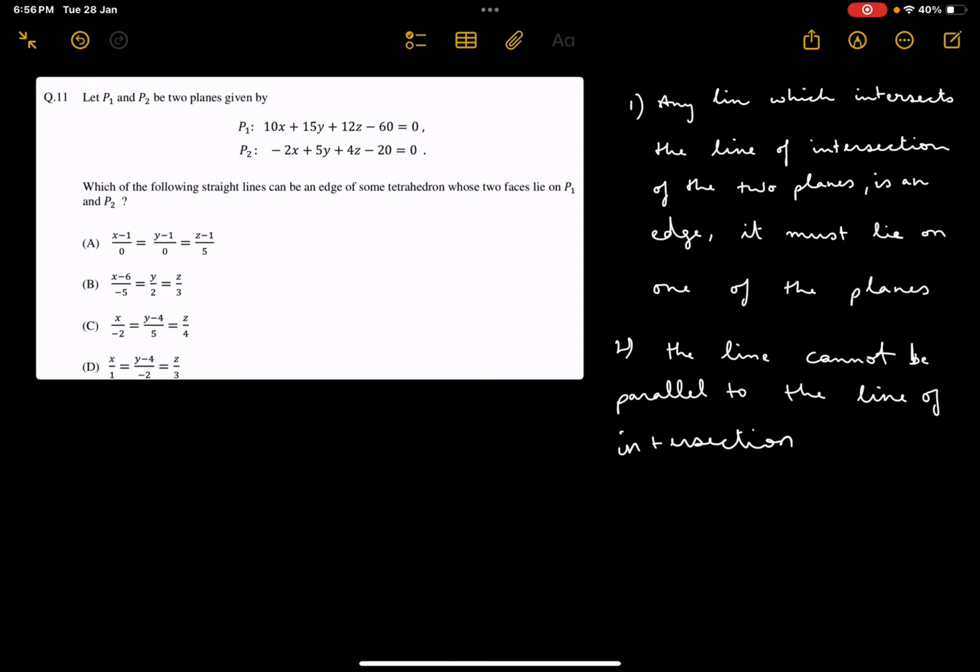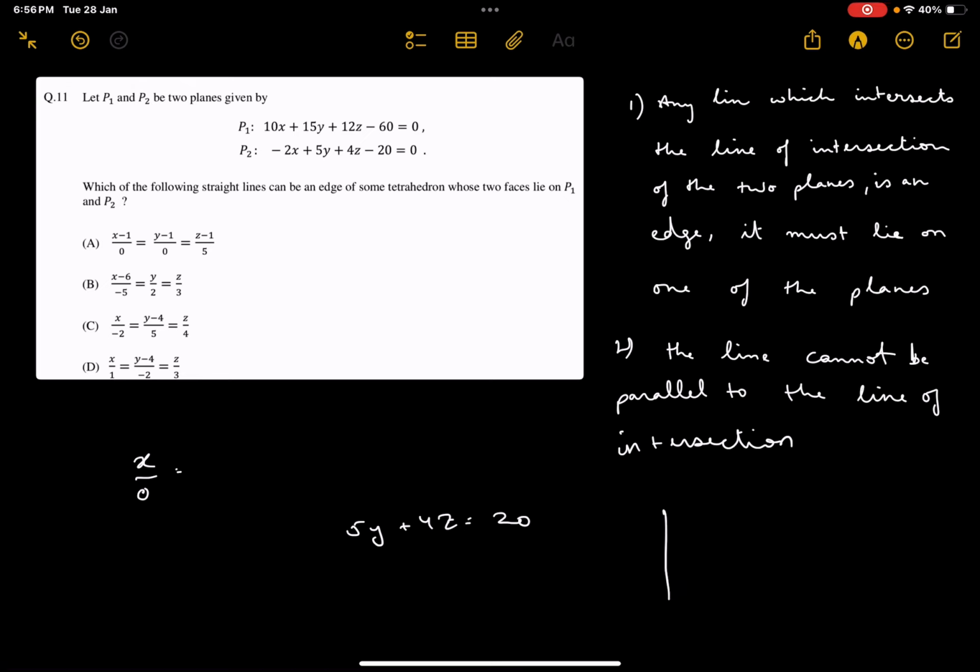first you can calculate the line of intersection of these two planes. It will be x equals 0, because P1 minus 3 P2 will give us 16x equals 0, which will give us x equals 0. After which we will get 5y equals 20. So this is something, and